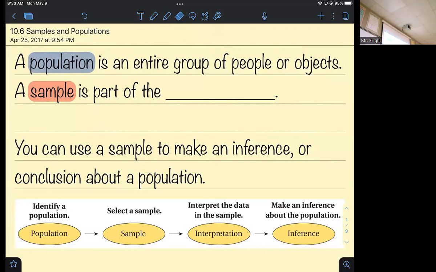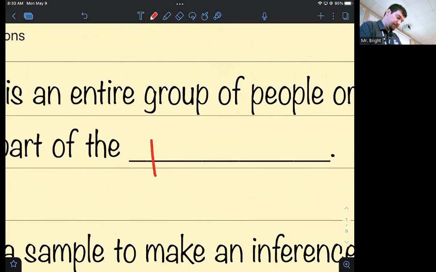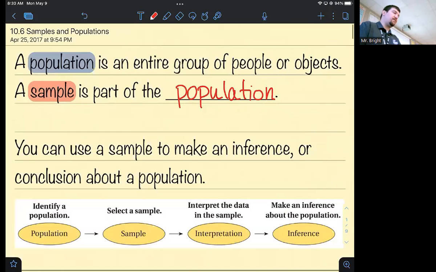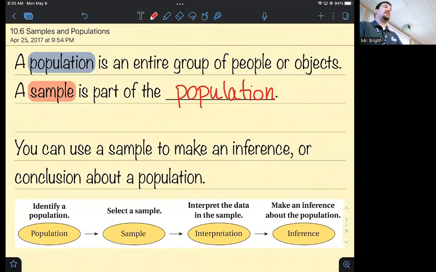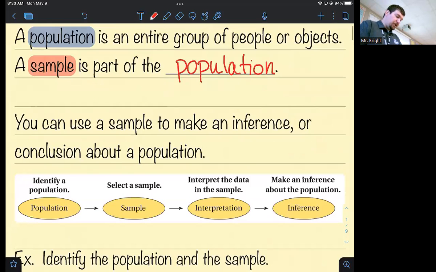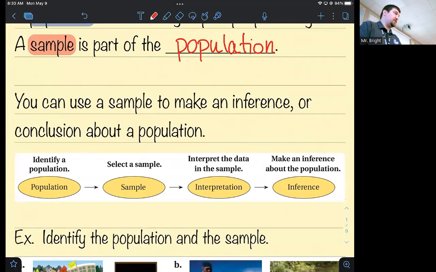All right, section 10.6, samples and populations. You've heard me use these words before. A population is an entire group of people or objects. A sample is part of the population. It comes from the population, but not as large as the population. You can use a sample to make an inference, which is a fancy way of saying a conclusion or a